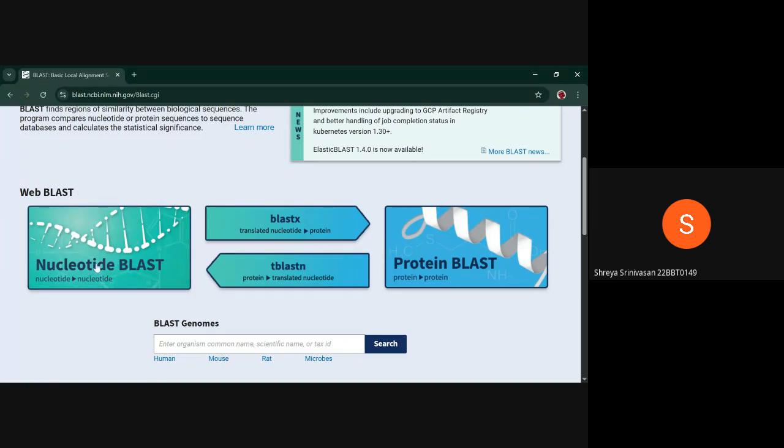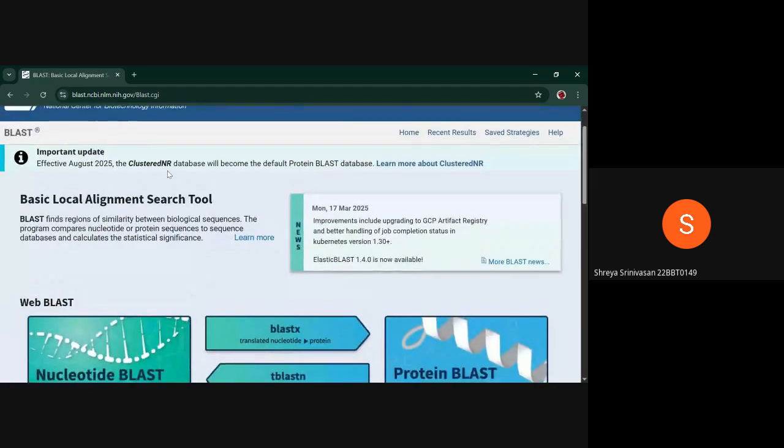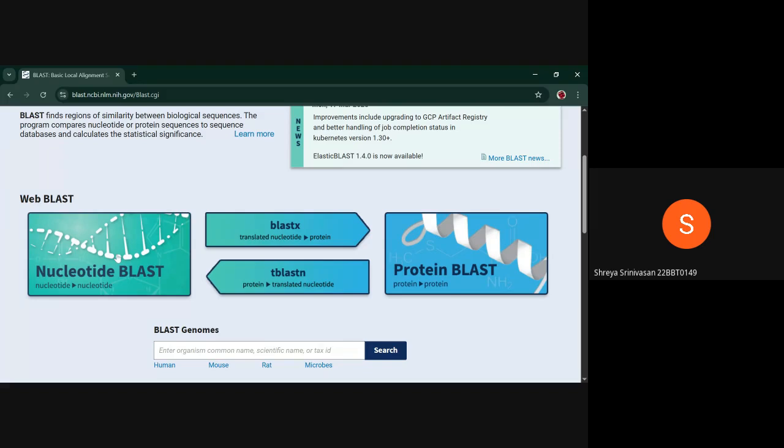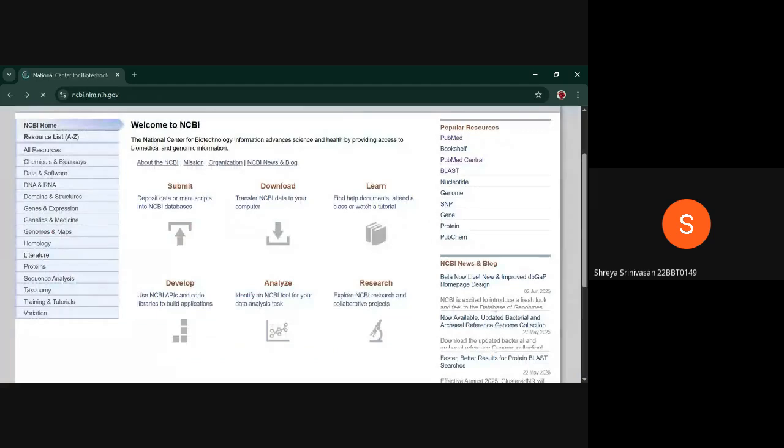That is where the nucleotide BLAST comes in, when you want to compare nucleotide similarity. If you want to compare protein similarity, that's when you look for protein BLAST. I won't go much into this because it will be covered in the next session or the upcoming ones, but I just wanted you to know what BLAST is: an alignment tool to see how close your sequence is to a particular reference sequence. Okay, next one. These three web tools are actually to obtain